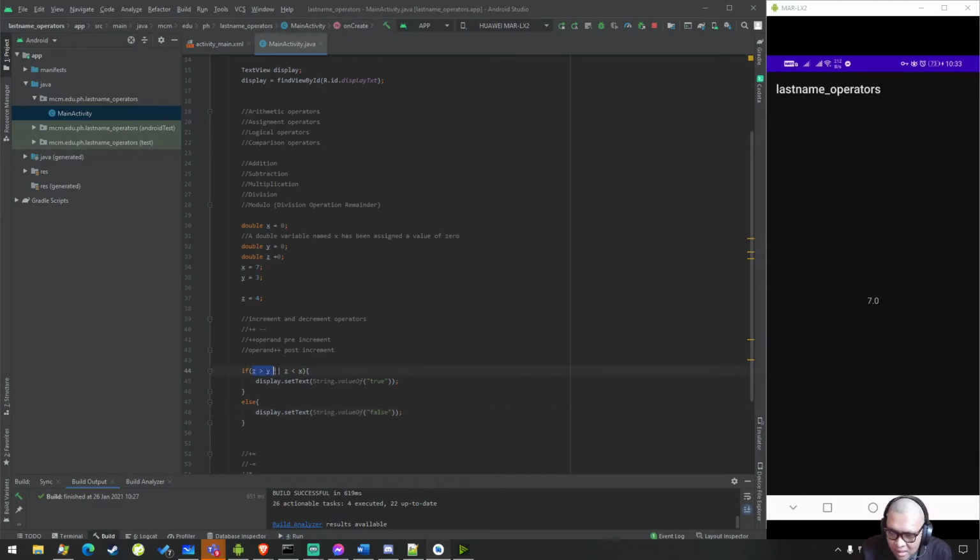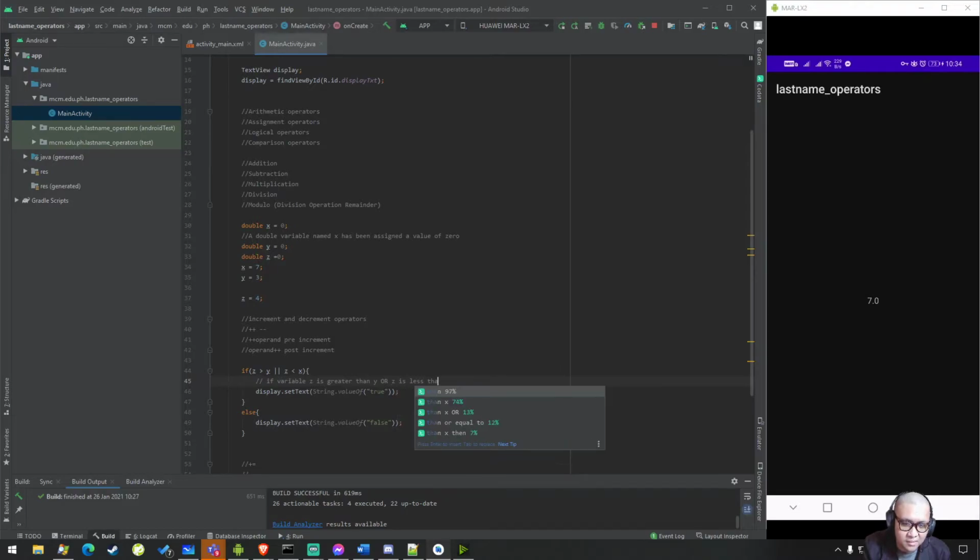So from this operation, if z is greater than y, which is 3, or z is less than x, what do you think the answer will be? Again, I will explain this in English. If variable z is greater than y, or z is less than x,